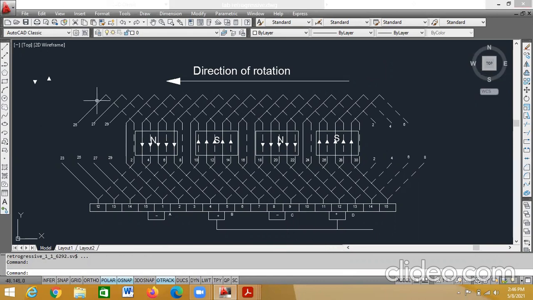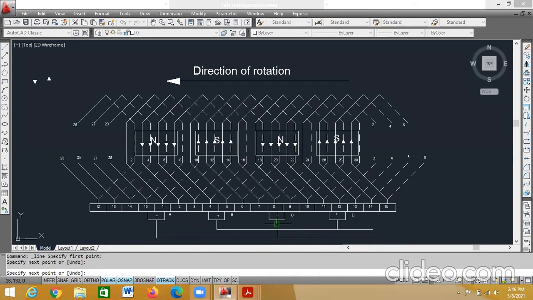Now go to the line. Select line from here. Take a line. Okay. So now for this, select a line from the midpoint.